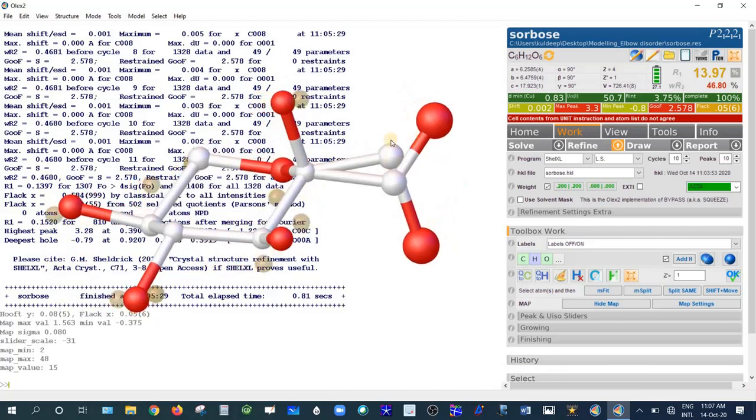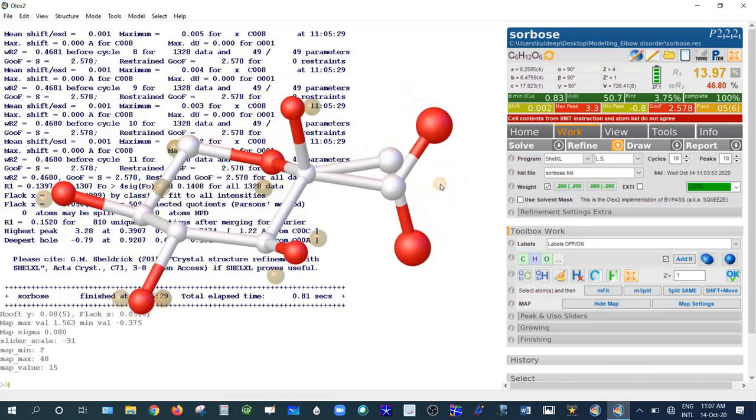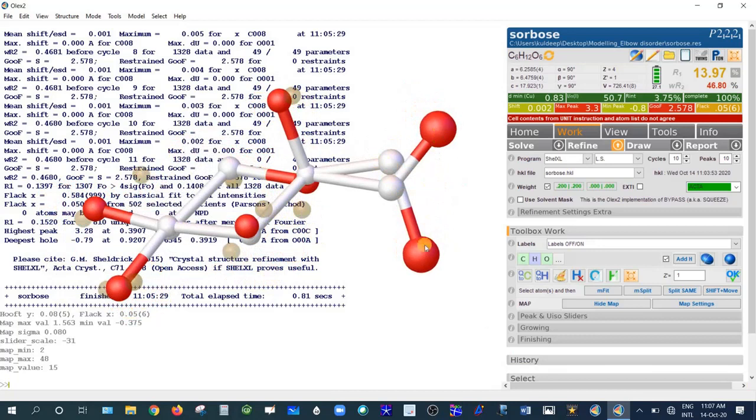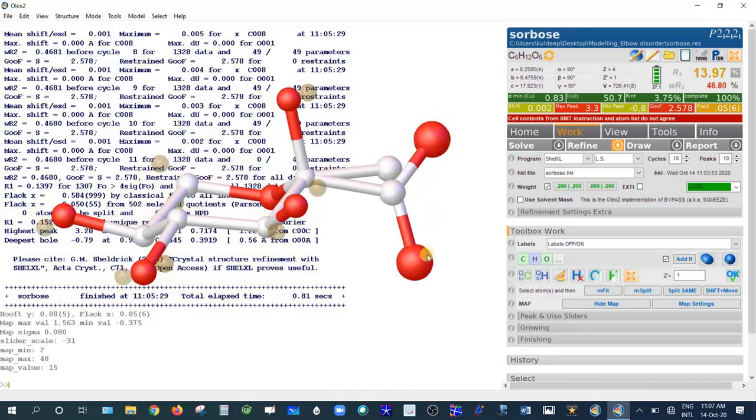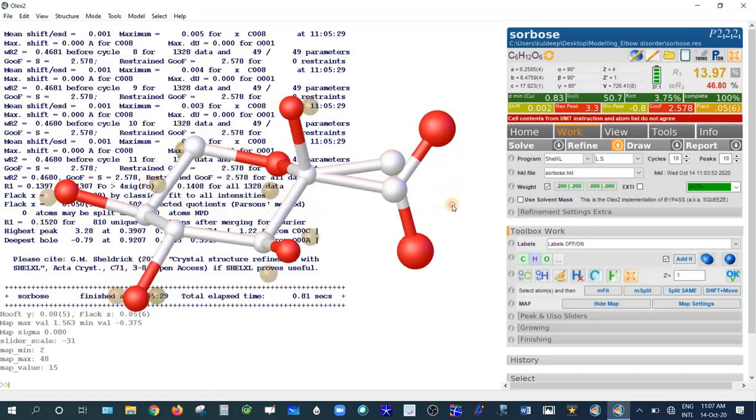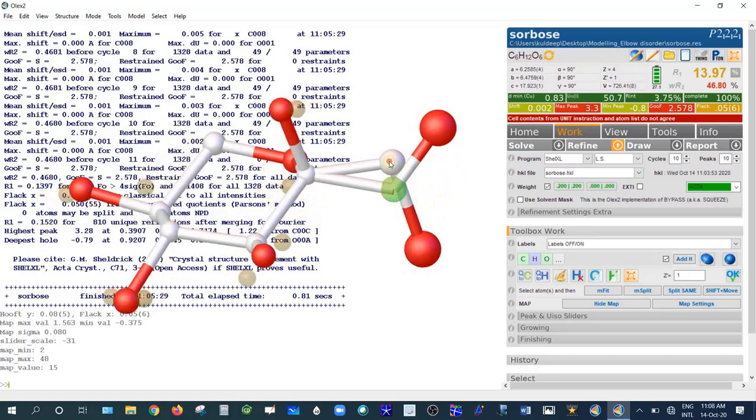As we are not getting distinct Q peaks for both the oxygen and carbon, but we are getting the Q peak for the oxygen atom, we are not getting any alternate Q peak for this carbon atom. So select this carbon and type EADP, equal atomic displacement parameter, enter and then refine.